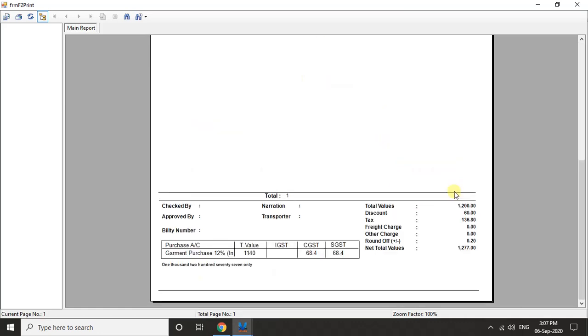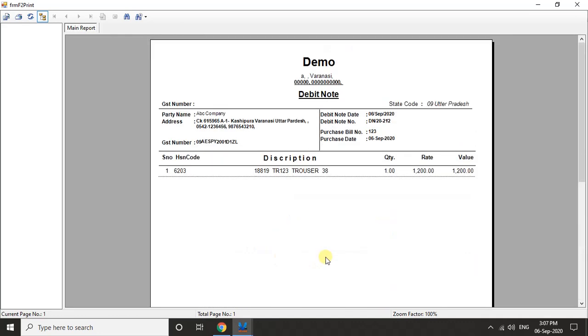Hope it's clear. Discount and tax, everything is automatically calculated. You don't have to worry about the tax percentage and other related queries. You can see the demo because it's a demo version of the software. When it is set up at your local premises, the company name will be put here with all your details provided by you, your GSTN number, your state code and everything. Hope it's clear to you.